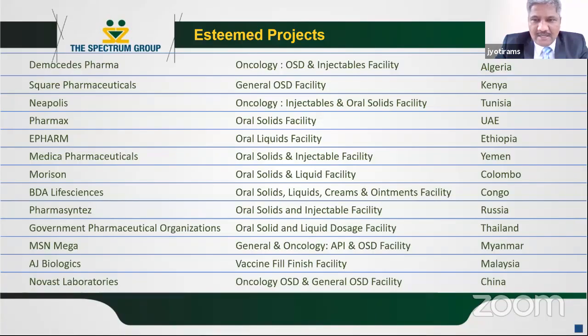Morrison, an oral solid and liquid facility at Colombo, Sri Lanka. BDA Life Sciences, oral solid, liquid, cream and ointment facility at Congo. Pharma Synthase, oral solid and injectable facility at Russia. Government pharmaceutical organizations, we did oral solid and liquid. Thailand. MSc Mega project, that is generally